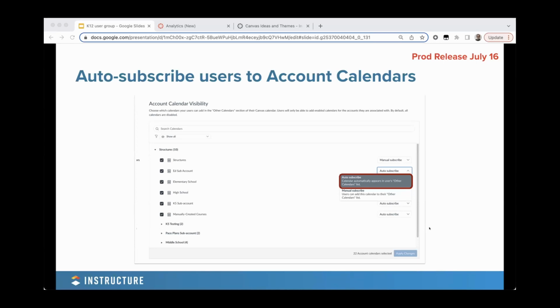This is just a very quick update that I wanted to share around the use of account calendars. So some of you might have heard of this before and some of you haven't, but I did want to just quickly mention it because this was released back in November last year as a solution for schools wanting to be able to have calendars at that account or sub-account level so that they're able to share information about the institution. So things like, you know, it might be a carnival day or a swimming thing,